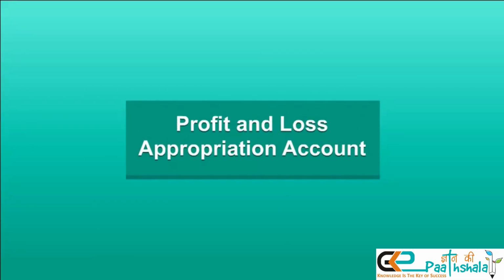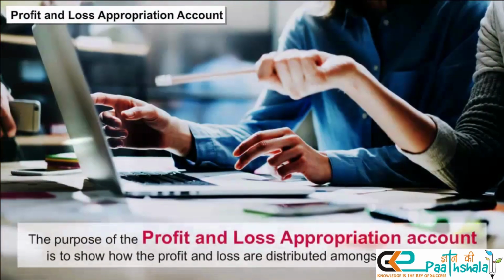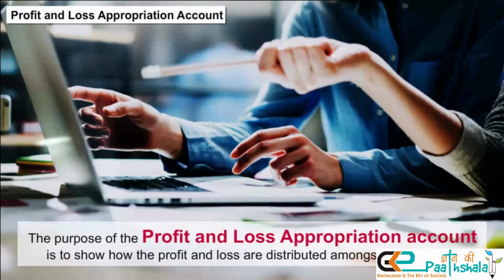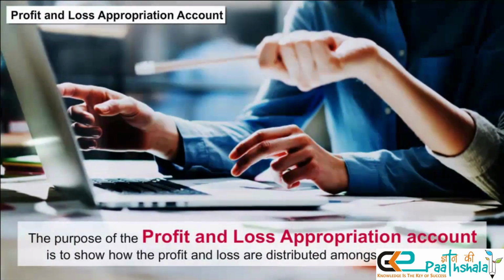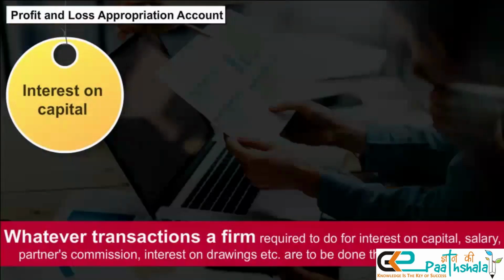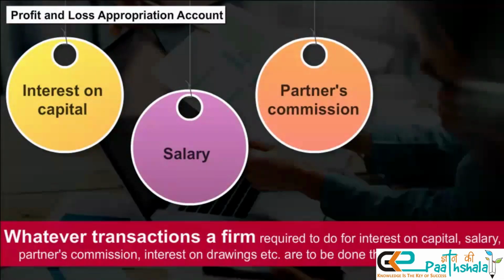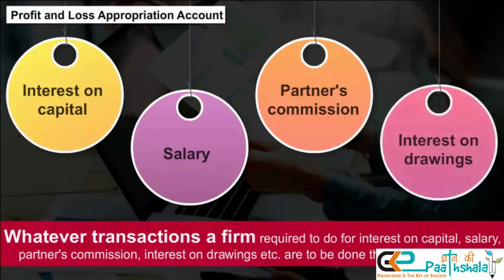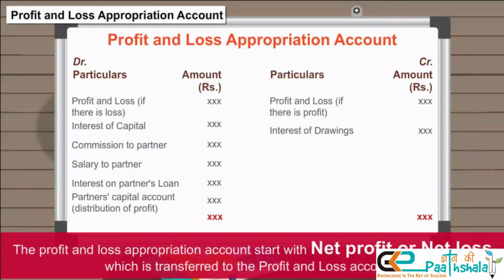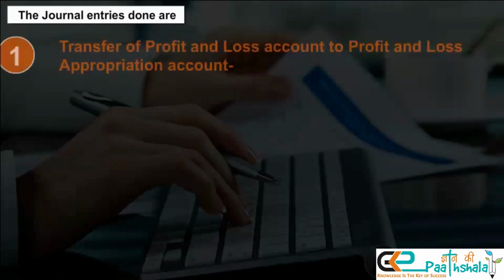Profit and loss appropriation account. The purpose of the profit and loss appropriation account is to show how the profit and loss are distributed amongst the partners. Whatever transactions a firm is required to do for interest on capital, salary, partners' commissions, interest on drawings, etc. are to be done through this account. The profit and loss appropriation account starts with net profit or net loss, which is transferred to the profit and loss account. The journal entries done are: